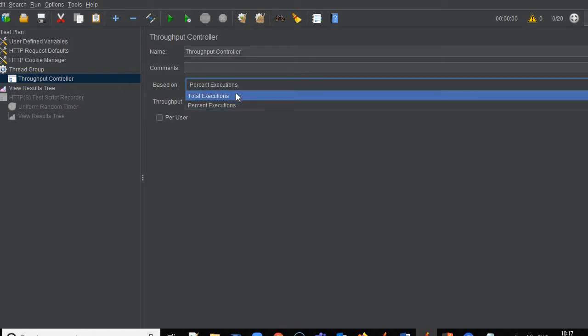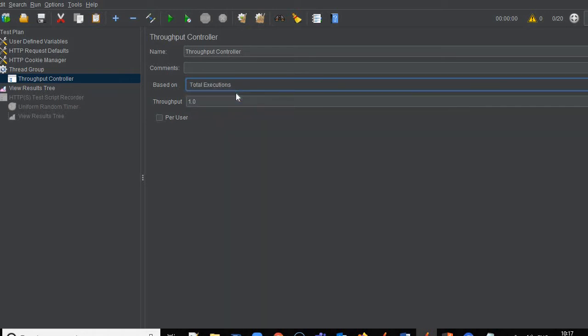One is total executions, which means number of executions, and the second is percent executions, which is the percentage of execution this controller wants. To understand it in more detail we'll go with the execution and I'll show you how it is executing the request.